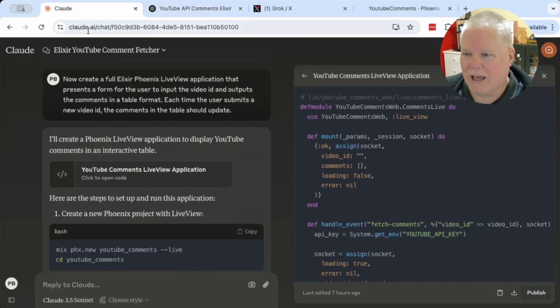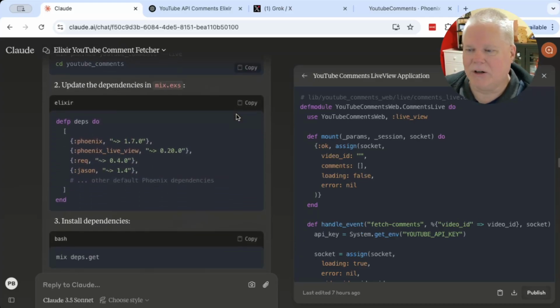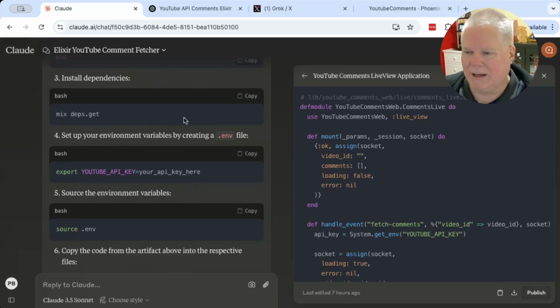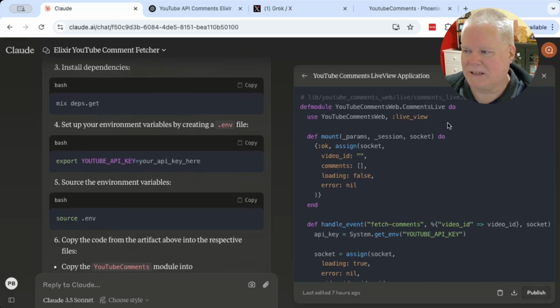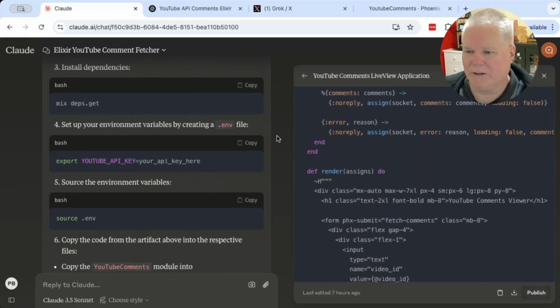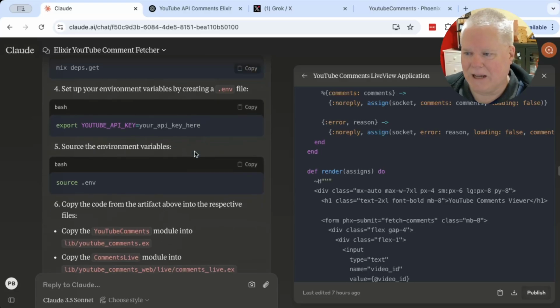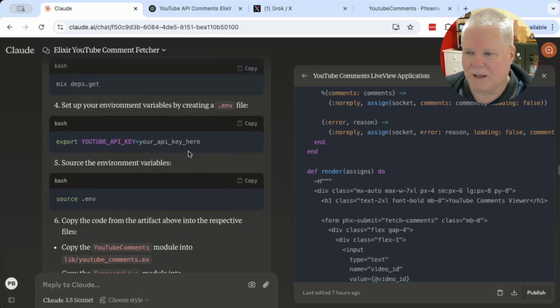If I go look at Claude, now Claude was a little bit better in that it started writing out the application well. And I gotta be honest, I really love this setup where I've got code over here on the right, and then on the left side, it's walking me through some things. A couple of things that Claude did that I thought were pretty good was it actually had me set up an environment variable for my YouTube API key.